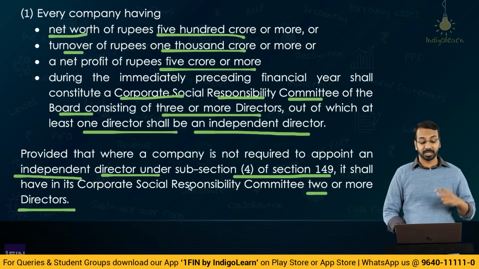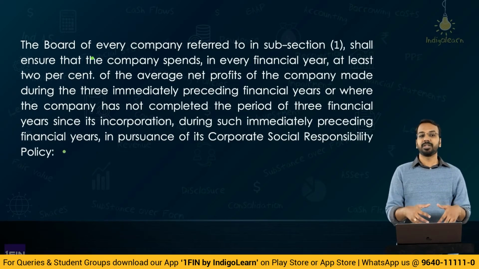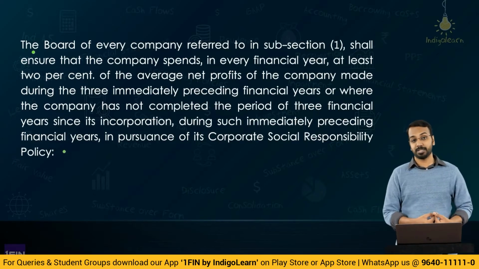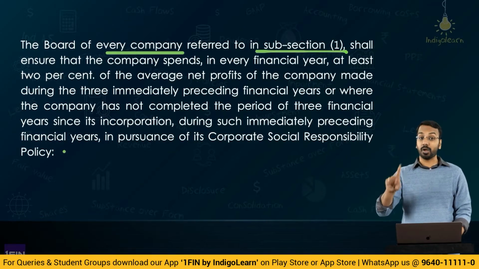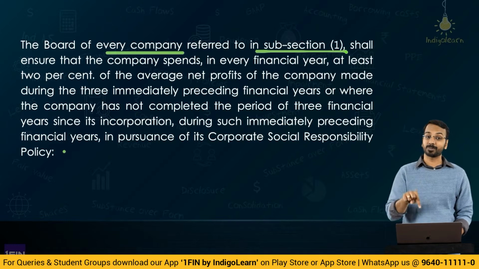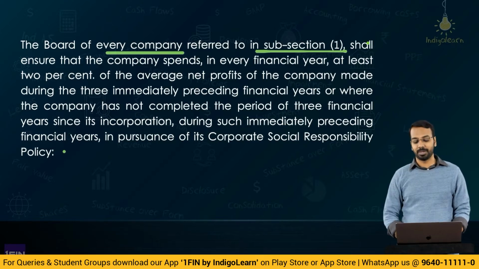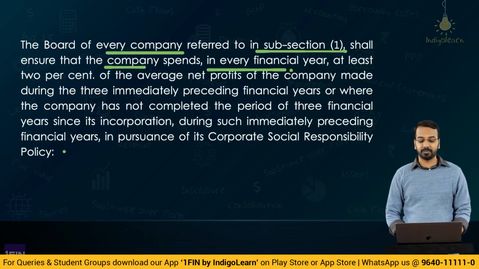Now, that is first part of it. Second thing we need to understand is what is given in subsection 5. Okay, so this subsection 5 talks about how much amount should be spent. So, the board of every company referred to in subsection 1. So, the company which meets the criteria of subsection 1 and who has the responsibility? The board has the responsibility, shall ensure that the company spends in every financial year at least 2% of the